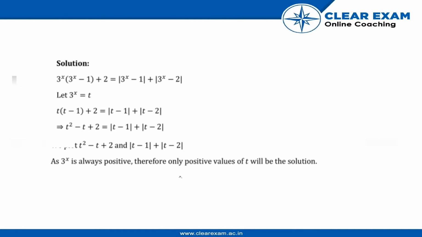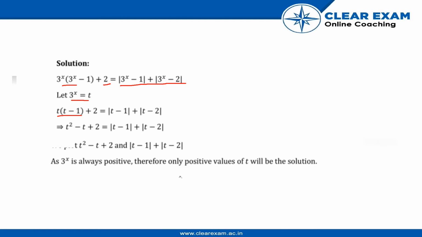For the solution, we have 3^x(3^x - 1) + 2 = |3^x - 1| + |3^x - 2|. Now let us assume that 3^x = t. Now substituting the value of t in the above equation, we have t(t - 1) + 2